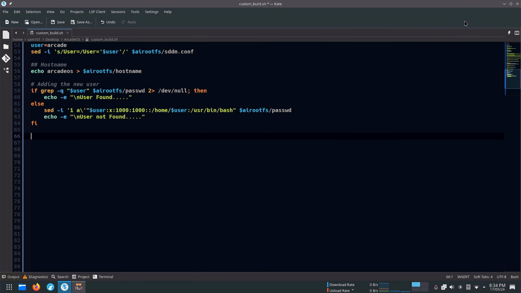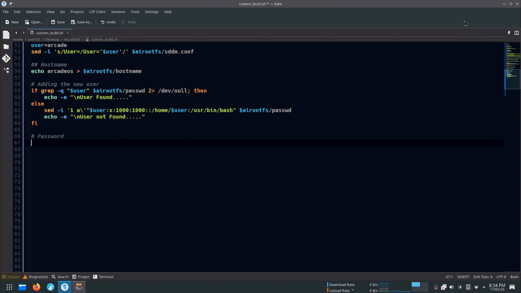Shadow is a file which contains the password information for the system's account information. Now it is time to generate a password for our user. In the first line, we are going to generate the hash for our password using the OpenSSL command. To generate the hash, type hash_pd equals $bracket. Then inside the bracket, type openssl passwd -6, then your password.